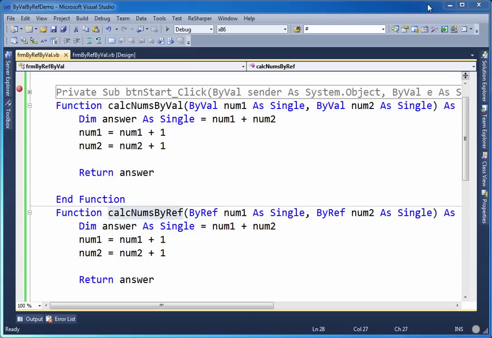Hello. I had a question that was asked of me earlier today, and I thought it was well worth discussing. So today we're going to take a little bit of a look at the concept of passing arguments to procedures